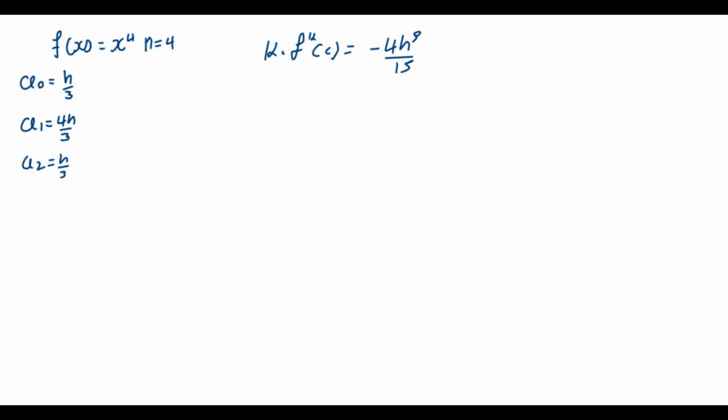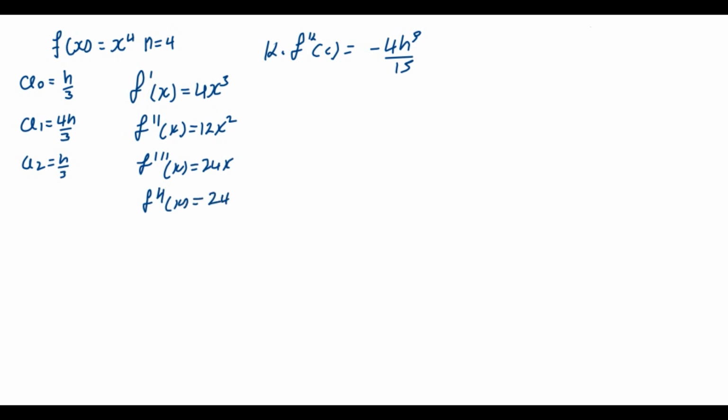So since you already have your f of x, the first derivative is going to be equal to what? It's going to be equal to 4x to the power 3. The second derivative is equal to 12x to the power 2. The third derivative will be equal to 24x. Then the fourth is just going to be equal to 24, like that. So we are basically saying k times 24 is equal to minus 4 times h to the power 5 divided by 15. Okay, so k will be equal to